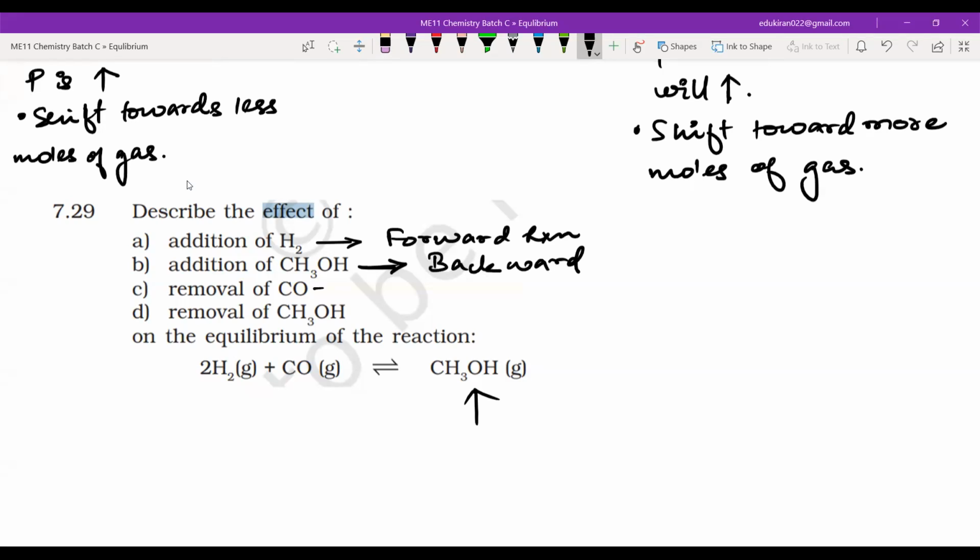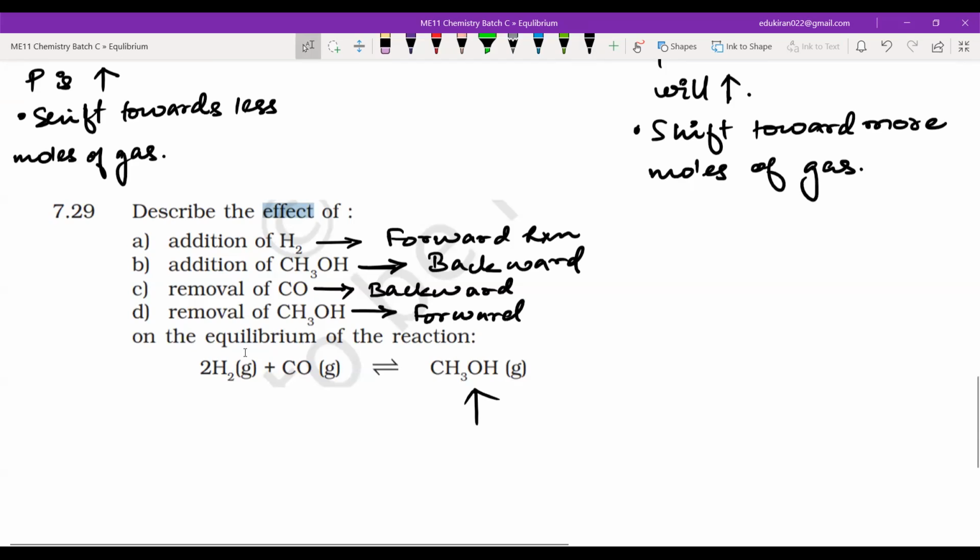Backward. Now, if I am removing from somewhere, what will it do? It will add. If I'm removing CO, then the system will add CO. How will it add CO? By backward reaction. Yes or no? Yes, sir. Now removal of CH3OH? Forward. Okay, forward reaction. Now similarly,